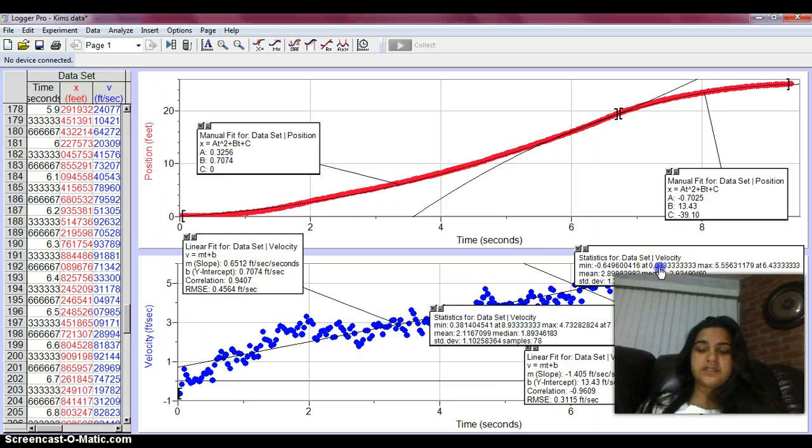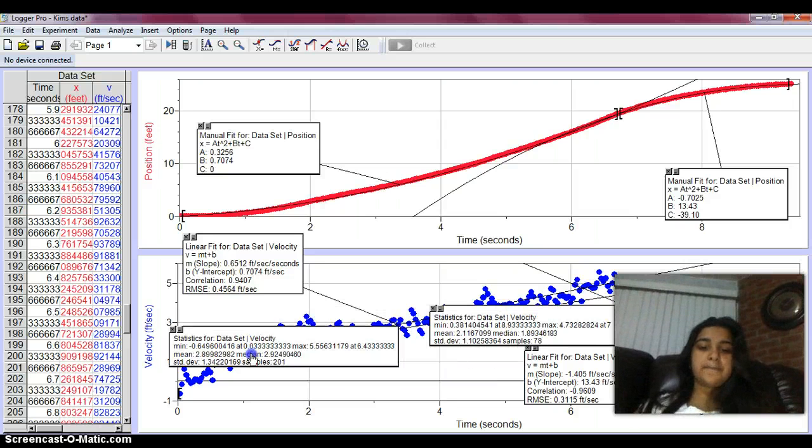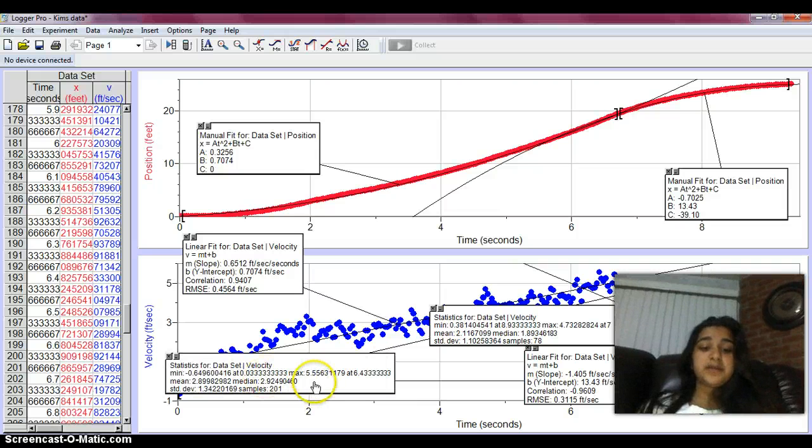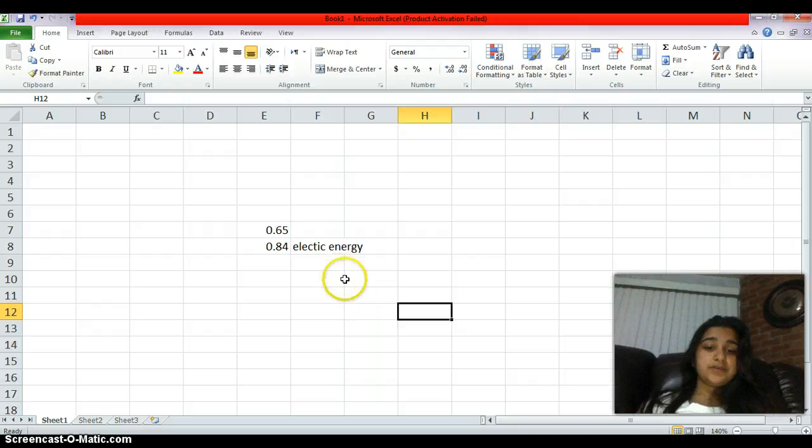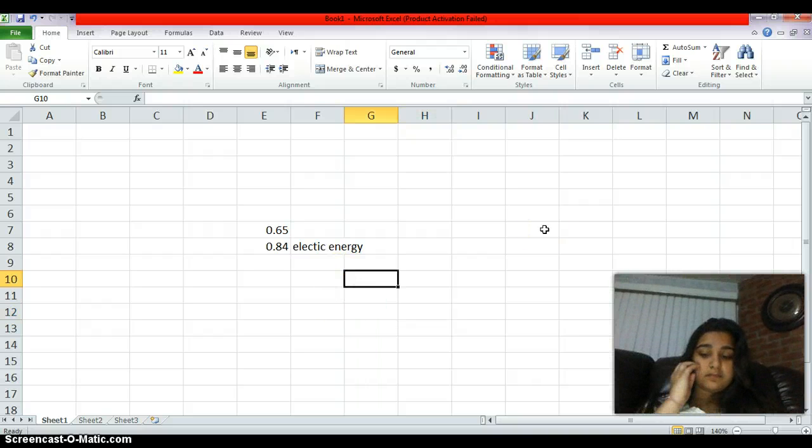Okay, this one's for deceleration. For kinetic energy, mass